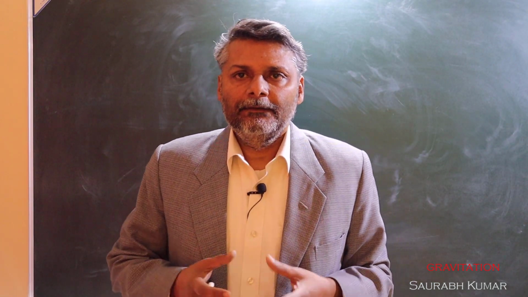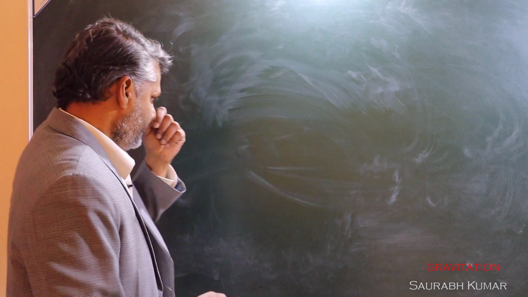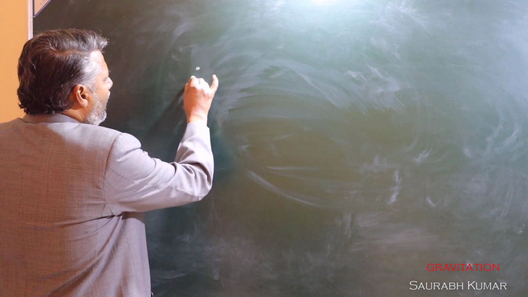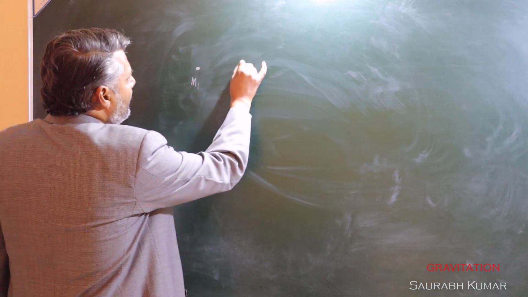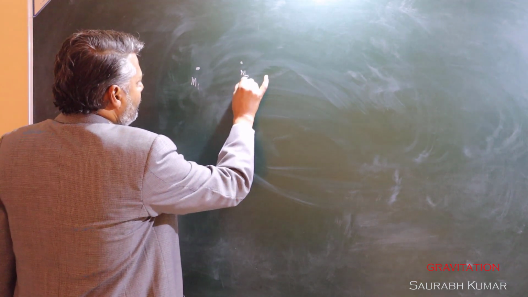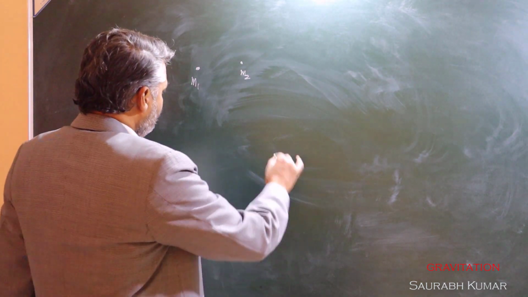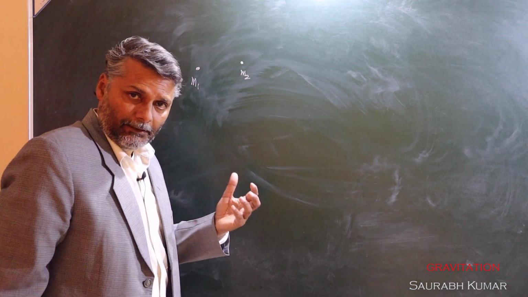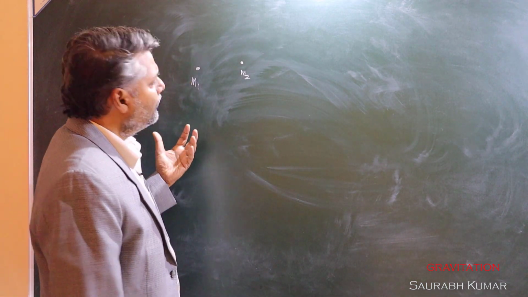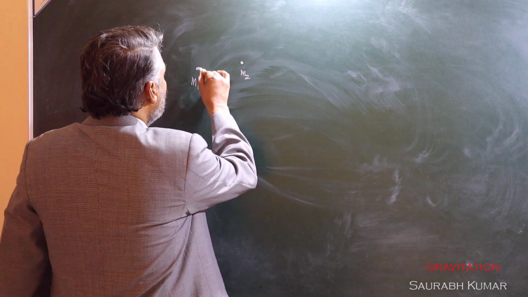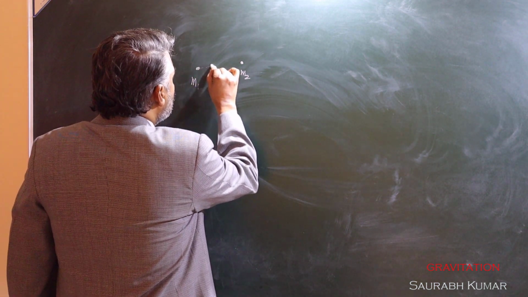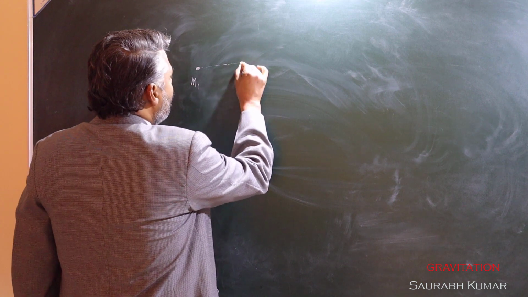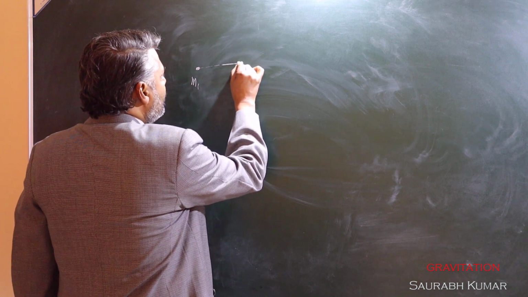Hello and welcome back. In this lecture I will discuss the law of gravitation using vector notation. You know how to find the magnitude and direction of the gravitational force between two particles. Suppose we have selected M2, so we want to find the force acting on M2. Then you know the magnitude of that force and its direction. The direction is along the line joining them and attractive.